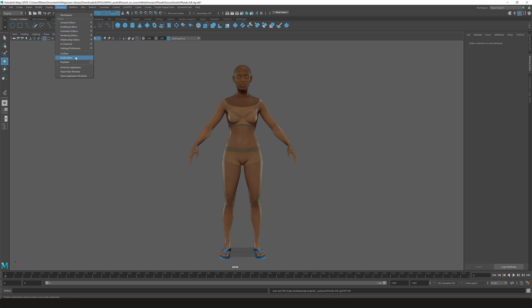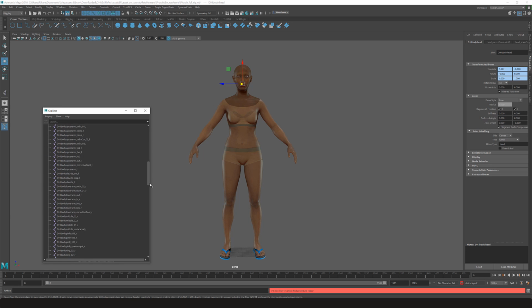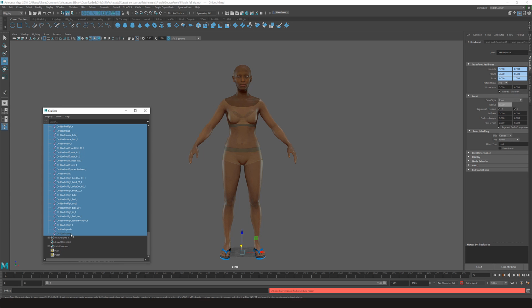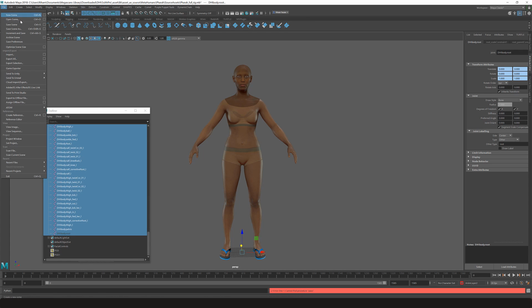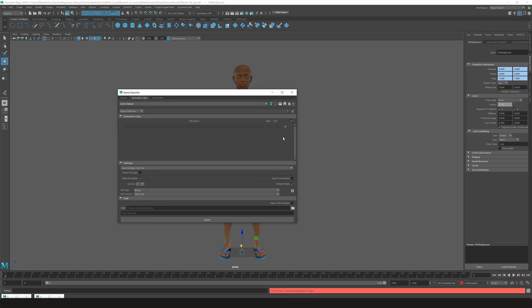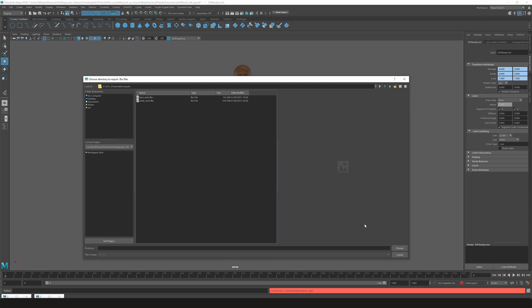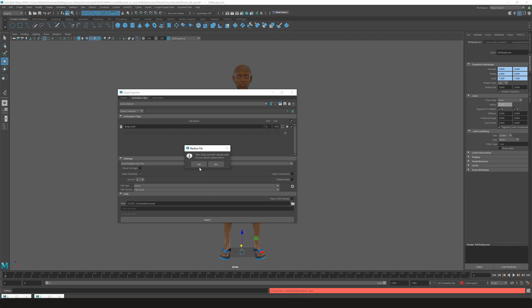In the outliner, you should see a body joint set. I will select all of the joints. There, you can also right mouse click and just select members. And I will use the game exporter to create a clip and export. Make sure that I have bake animation on to bake the animation non-destructively. Uncheck embed media or input connections. And export.